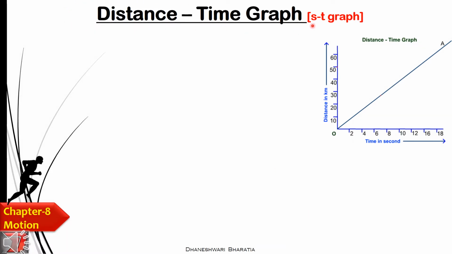First, let us discuss the distance time graph. Here you can see the distance is taken on this axis and the time is taken on this axis. Okay. Again, a straight line slope is there. Yes. In the previous sessions we have discussed uniform and non-uniform motion also, right? At that time we also discussed the graph. So if the straight line graph is there, it means it is a uniform motion, isn't it?